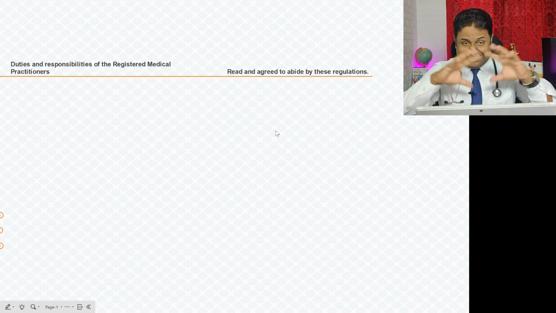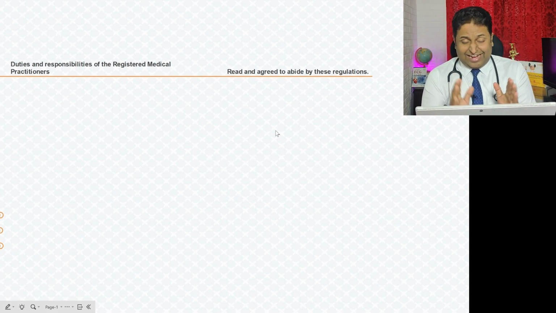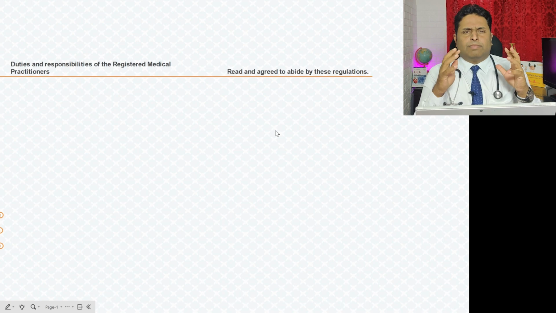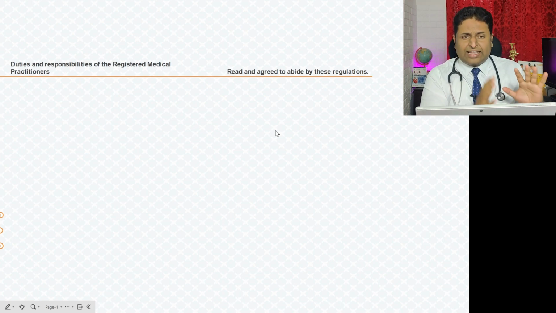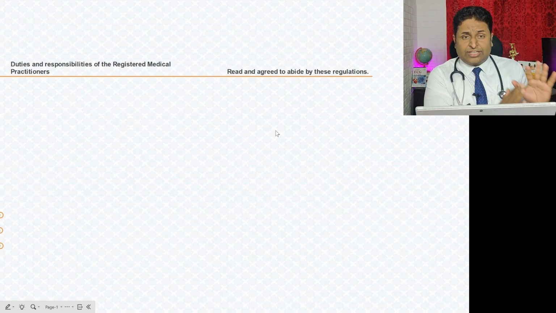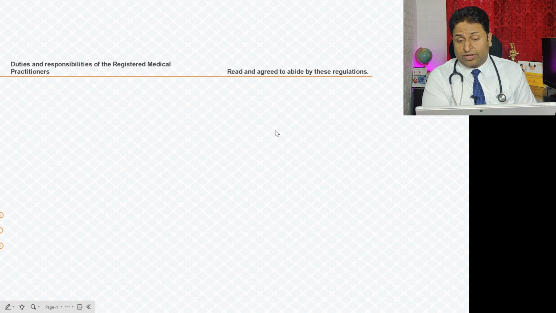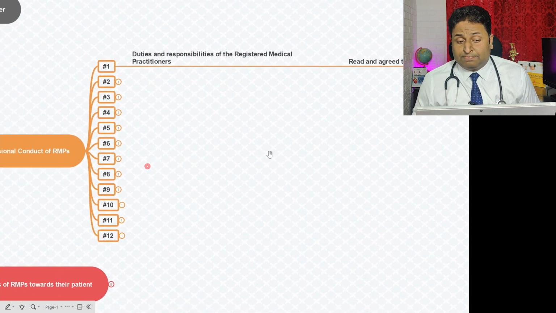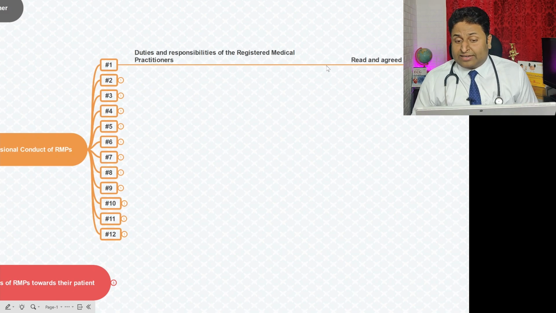First of all, this entire document is a draft, and it will be published within the next month on complete finalization. It is understood that all healthcare professionals would have gone through this document, understood and agreed to the conditions and regulations, and abide by these rules and regulations. So you should know that it is being put up so that you have to read and understand this.